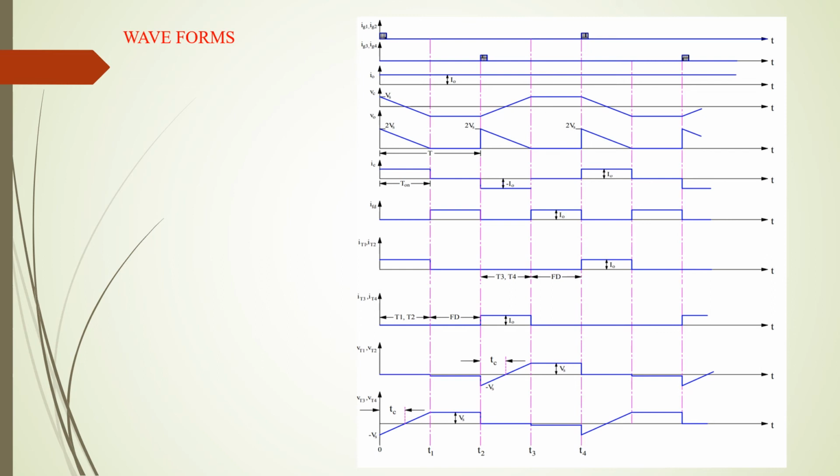VT3 and VT4. Here VT2 is reverse biased: as it is conducting, the voltage across it is 0, and as it is reverse biased, the voltage across the thyristor is not 0 but somewhat reverse biased. In this way, the maximum voltage applied across the thyristor is Vc. Reverse voltage is applied here. This is the waveform where I can explain, and this cycle will continue. Again when thyristor T1 turns on, the cycle will repeat.